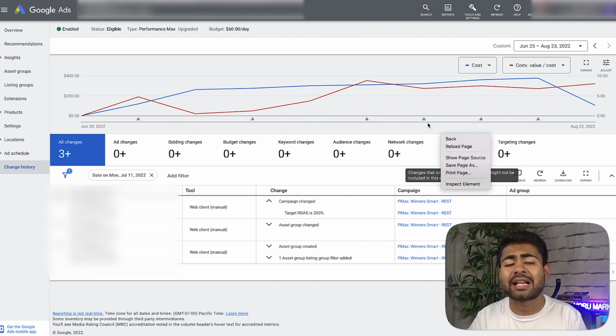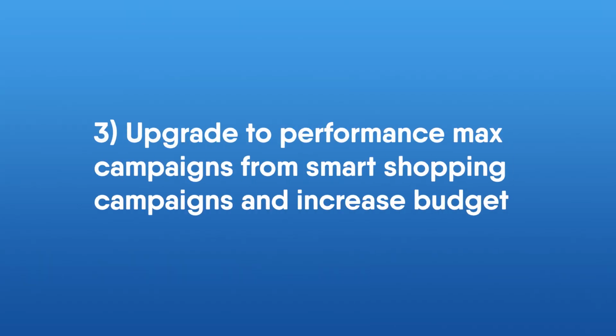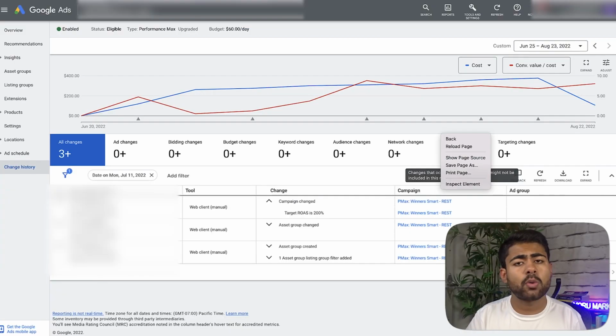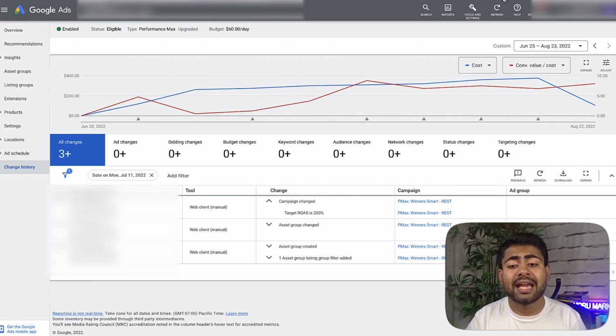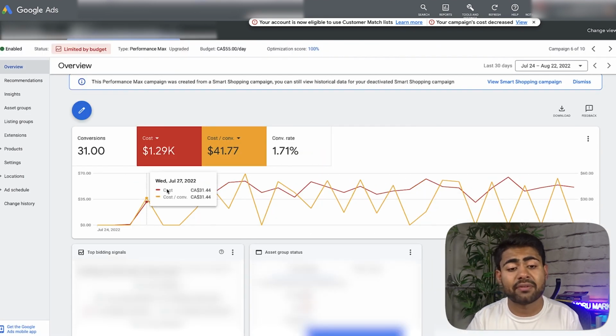But this brings me to the next big mistake that I learned about when it comes to Performance Max, and that is to upgrade to a Performance Max campaign from a smart shopping at an increased budget. Simply put, you just don't want to do that. Upgrade at the same budget or a lower budget, because once you upgrade it, what's going to happen is it's going to take a bit of time for it to actually start running at the same level that it was